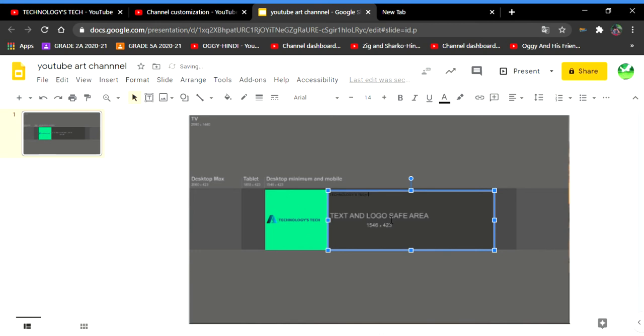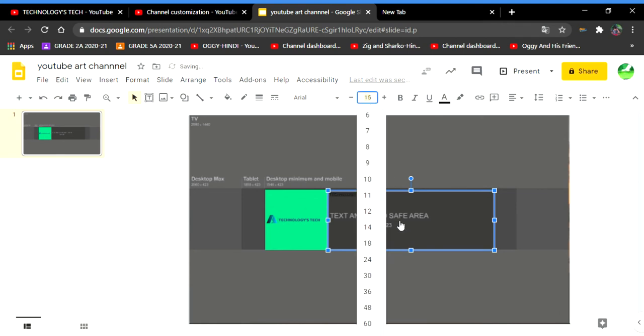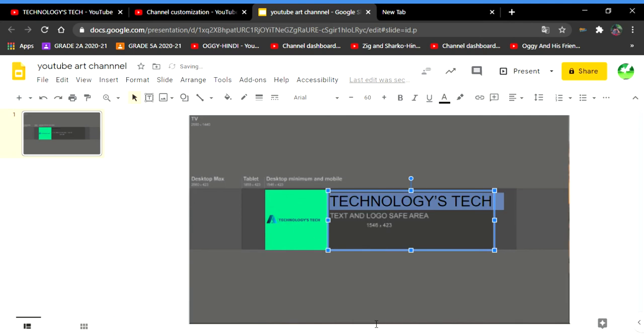So it's looking very small, so we can press Control A, it will be all selected. Now the increased size is 60, so you have to do this like this. Now it will come in the middle.